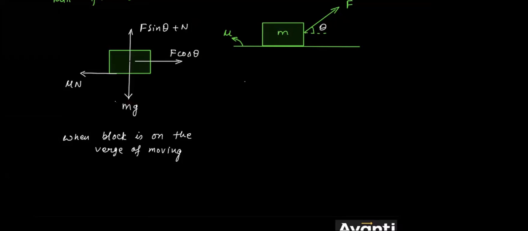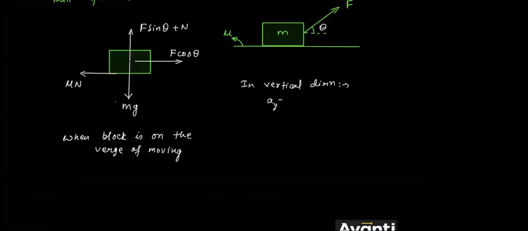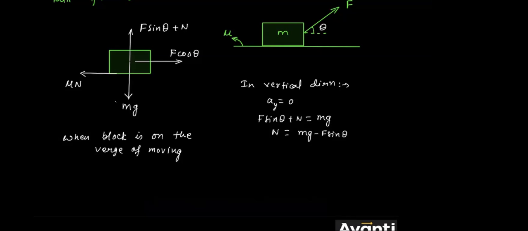Can I say that in the vertical direction there will not be any motion? In the vertical direction, no acceleration is there, right? So acceleration in the y direction is 0. So we can write F sin theta plus normal reaction equals mg, and this will give us the value of n as mg minus F sin theta. If I talk about the horizontal direction,